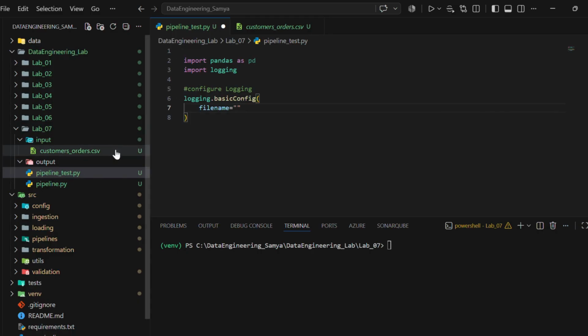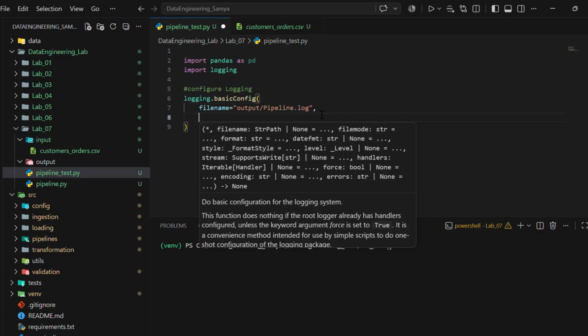We will write the log into the output folder, so we give the path output/, and maybe we give the file name as pipeline.log. Okay, next,